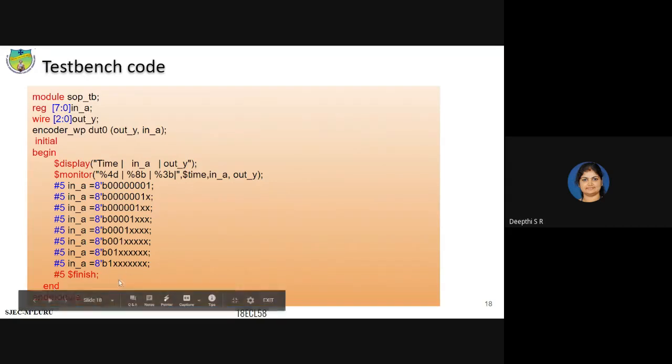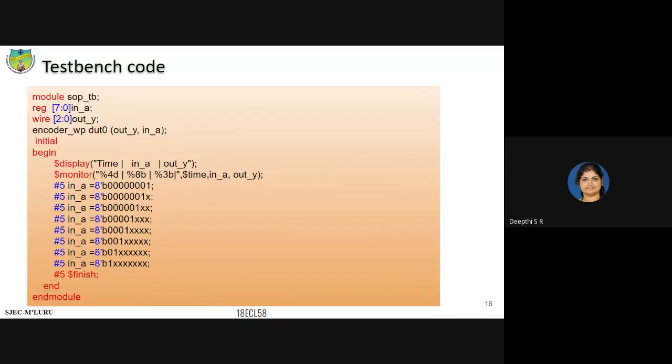Any doubts here? Any doubt in 4:2 with priority encoder, without priority encoder, or in 8:3 with priority, without priority, or in the test bench? Any doubts?